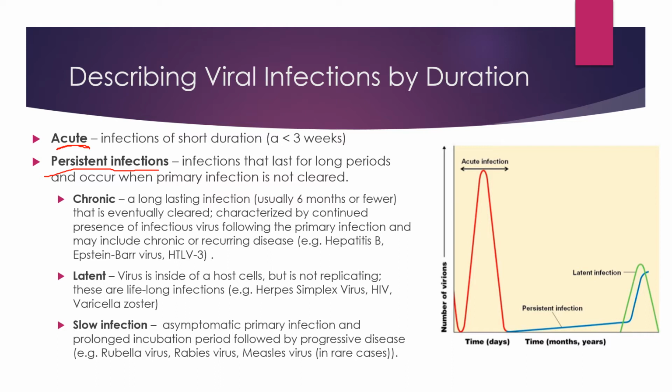First, you have the chronic infections. These are long-lasting infections. Their duration may be somewhere around 6 months or fewer. Eventually, these infections are cleared by the immune system, though. Chronic infections may be characterized by the continued presence of infectious virus following a primary infection, and they may include prolonged or reoccurring disease. Examples include hepatitis B